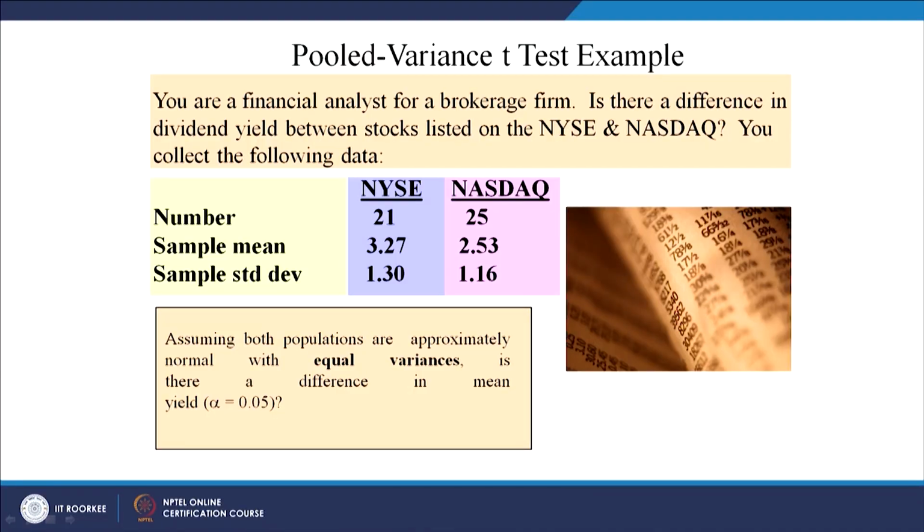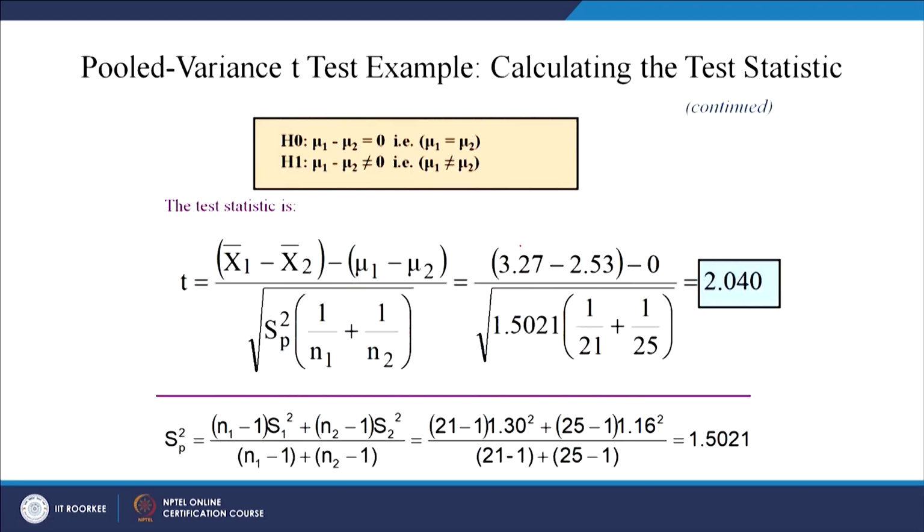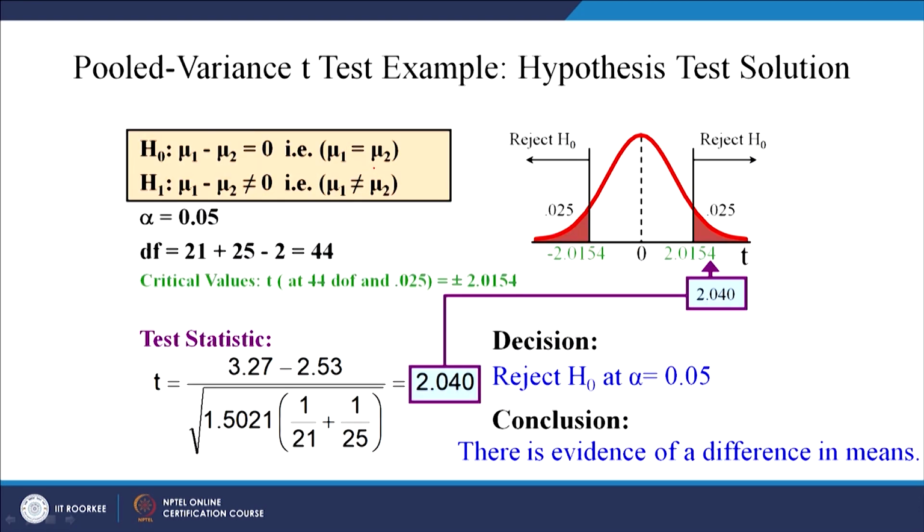We wanted to know in which share market or in which stock exchange you would like to invest. So, we compared the mean of these two stock exchanges, and we said that the null hypothesis is that the mean returns from these two stock exchanges would be the same, and the alternative hypothesis is that they would be different. And we said that the calculated t value is outside the non rejection region, this is your non rejection region. So, we will reject the null hypothesis, right.